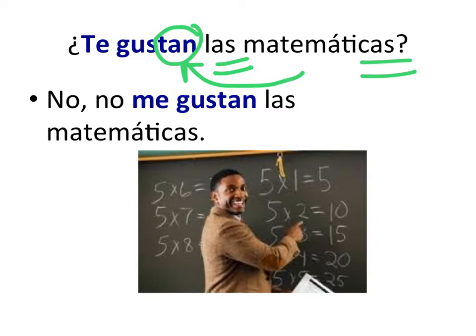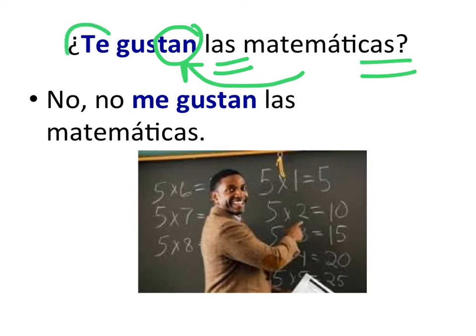Just like we learned on Monday, except we're only using two options. On the super site, on the test, and from here on out in Spanish, if you're using the verb gustar to express likes, you have two options, gusta or gustan. There is no gustamos, there is no gusto, there is no gustas. If you write that, it's wrong. It's wrong on the super site and the test. It's just gusta or gustan, and it's based on what we're expressing an opinion about. Las matemáticas is plural, so we use gustan.